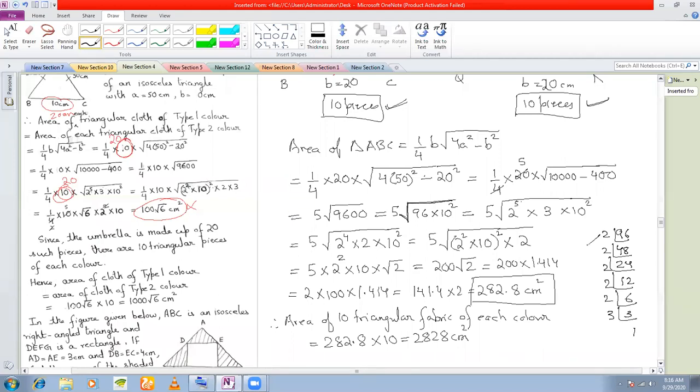Okay. So how many 2's do you have? 5. You have 5 2's, right? So that is why you get 2 to the power of 5. This 2 to the power of 5 into 3 because of this. You have 5 2's and 1 3. And this 10 square that I have written here as it is. You can put a bracket if you want.